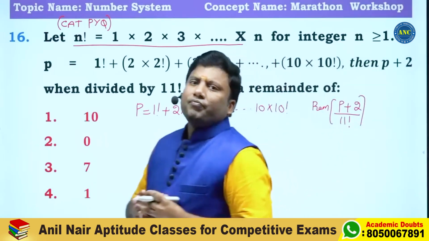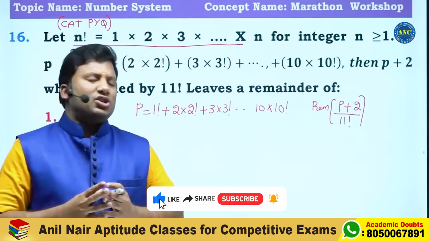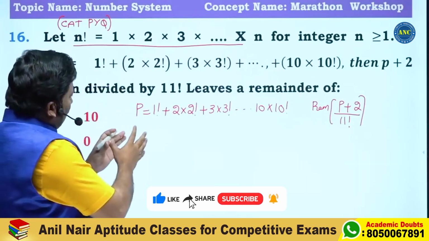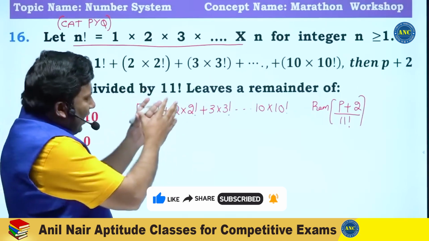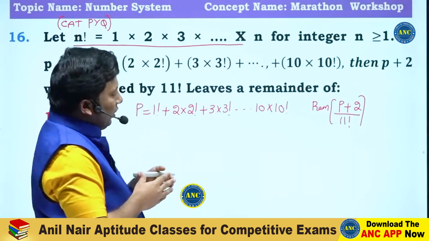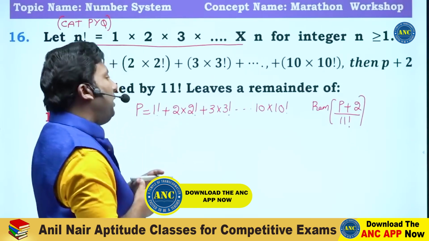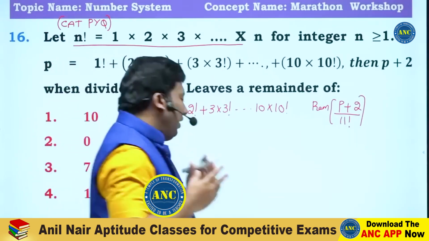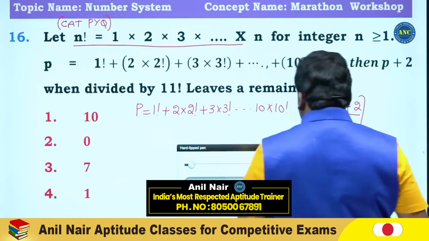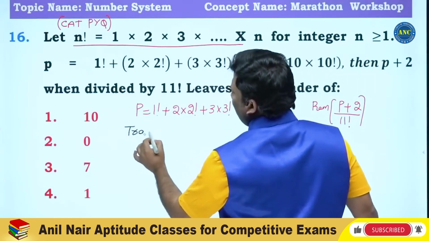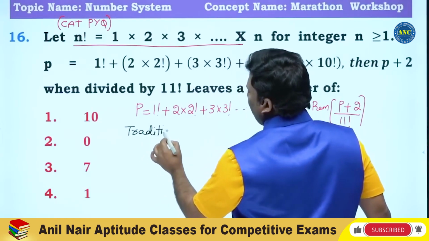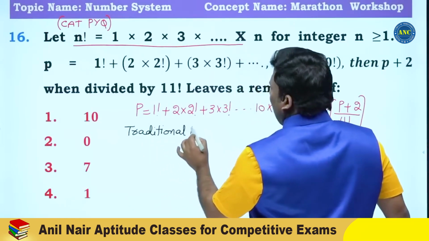There is an expression that is attached to a variable P: 1 factorial, 2 into 2 factorial, 3 into 3 factorial and so on up to 10 into 10 factorial. What is the remainder when P plus 2 is divided by 11 factorial? First we will solve the traditional method, then we will discuss Anil Nair's approach. Traditional method. How teachers,